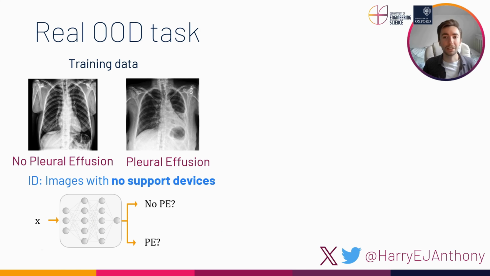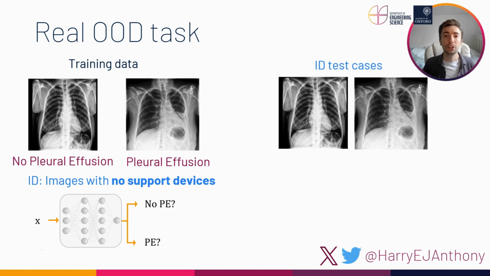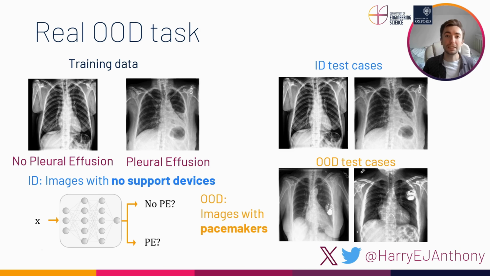So we use these manual annotations in the following way. First, we train a ResNet 18 to classify between images with pleural effusion or without pleural effusion, where all of these images have no support devices. We use 5-fold cross-validation to create our ID test set, and then our OD test set is images with pacemaker